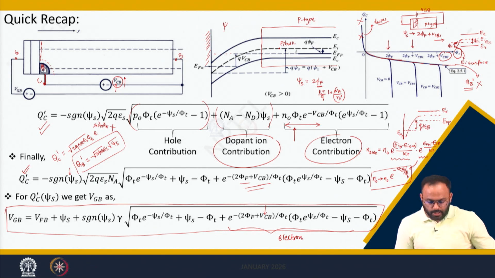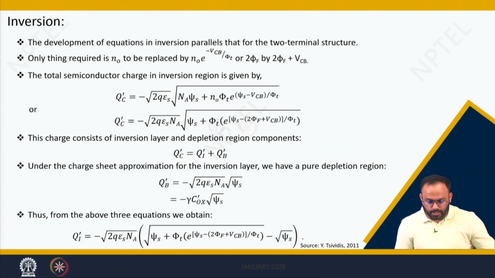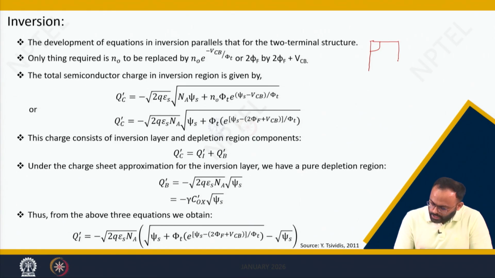So in today's lecture, let's go further and see what will happen when we talk about the inversion. So in inversion, again we know when in two terminal structure, you need to increase the VGB in such a way that surface potential should cross 2 phi f. In general, for inversion, it should be 2 phi f plus phi z0. However, when it is all about 3 terminal, you need to increase the surface potential